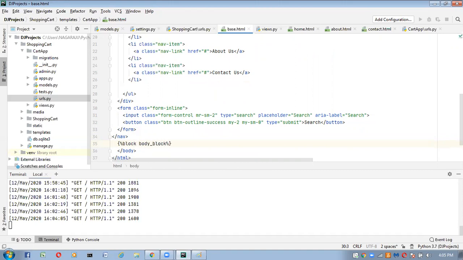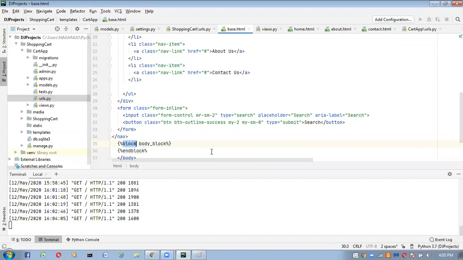I am taking body underscore block like this, and we have to close that block also by using percentage end block. Now don't try to change this block name. If you want, you can change this body block name, but don't change this block name.